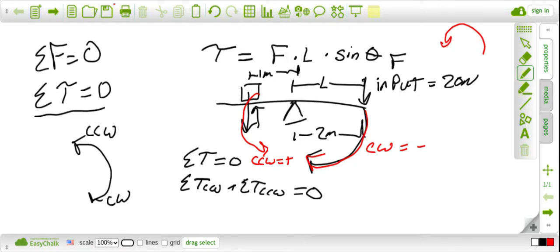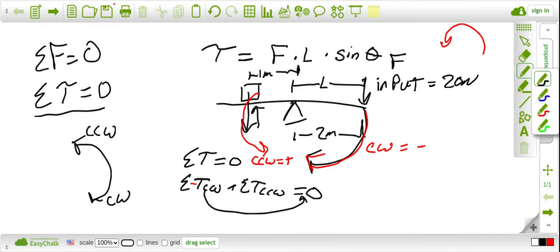But just like a car going down the road, we get to determine what's positive and negative. Like a ball dropping, we get to decide what's positive and negative. But once we figure out a direction, we must stick with it. So in this case, the sum of the torques clockwise would be negative. And when we realize this adds up to zero, we can move the torques to the other side and say that the torques counterclockwise have to equal the torques clockwise,